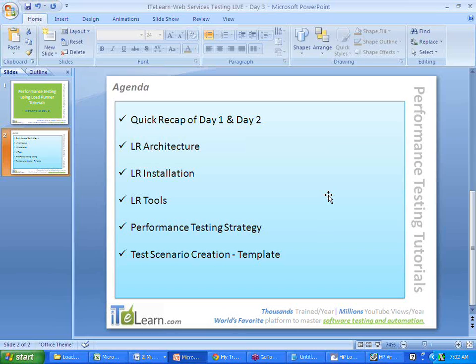We analyze the results using the analysis tool, and we check whether they are on par with our strategy document and scenario document. Finally we export the results and share them with our stakeholders or the clients. That's how the different activities and phases go in the performance testing life cycle.